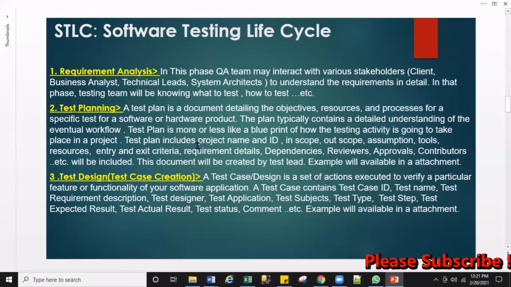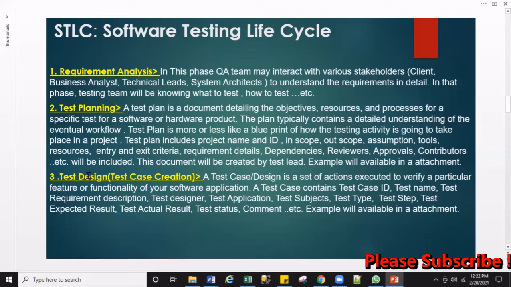The test plan includes the project name. While preparing the test plan, you need to have the project name. There are scopes, in scope, out of scope, assumptions, tools, resources, entry and exit criteria, requirement details, dependencies, reviewers, approval, contributors, so many things. So a test plan is a document.